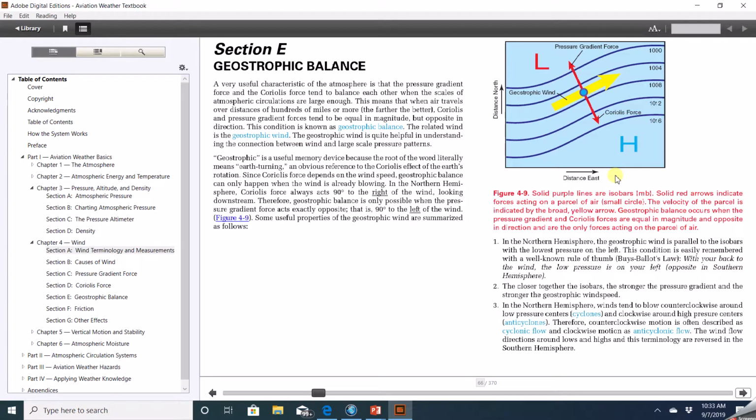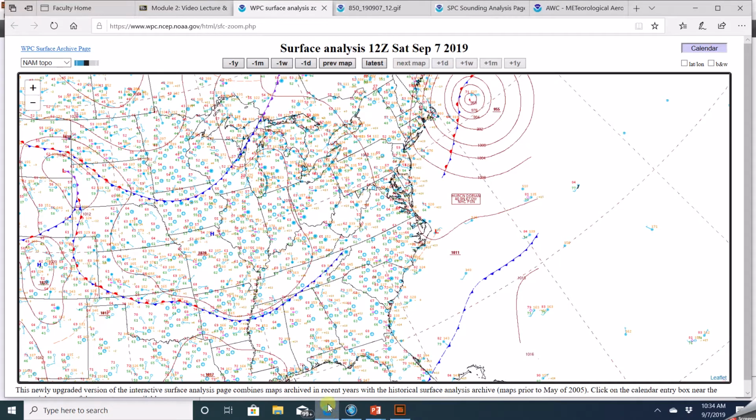So what is a geostrophic balance? Well, a geostrophic balance is just those two forces, the Coriolis force and the pressure gradient force. And when they equal, the parcels of air will move right along either an isobar, a contour. So let's take a look